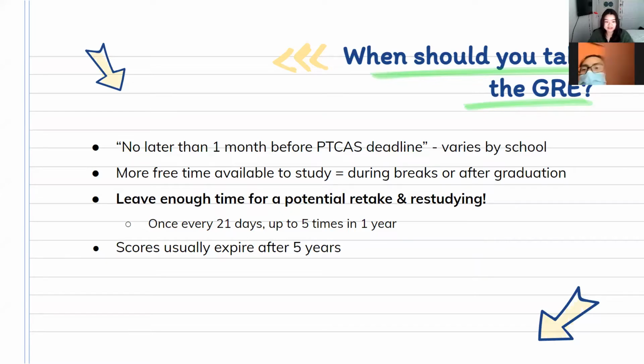Yeah, so that's why, like on the last point, it's important to know where you're at in terms of your application cycle so you can plan for that. If you're on a traditional 4-year undergrad and then applying after that, I would probably recommend taking the GRE after your second or third year. A lot of people even take it after graduation. As long as you can get it done before the application cycle begins,